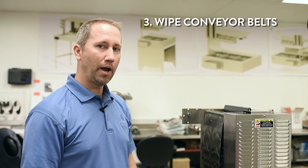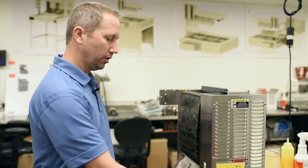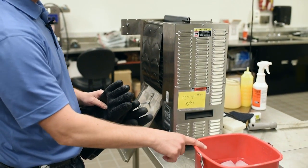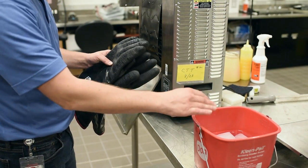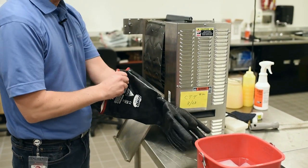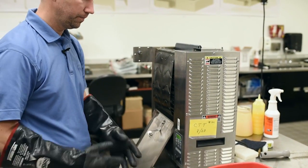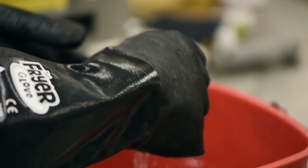So now I'm going to show you how to wipe down your conveyor belt. And the things you'll need for this are your heat-resistant gloves, sanitizer with a kitchen towel, and you'll need your toaster plugged back in. So I'm going to put my gloves on. I'm going to power the toaster back up. I'm going to take the dampened kitchen towel and sanitizer solution,